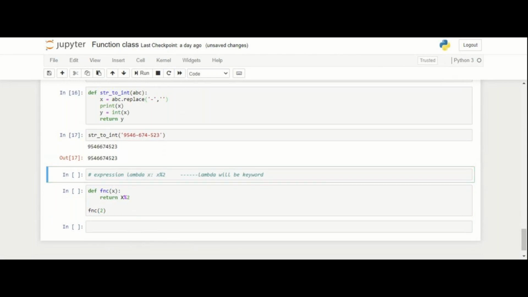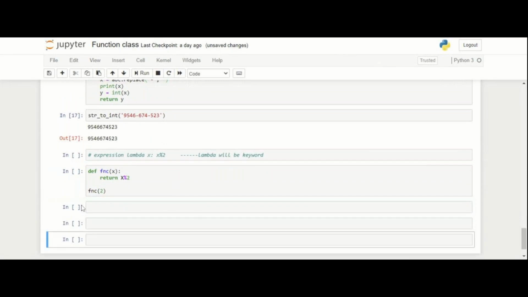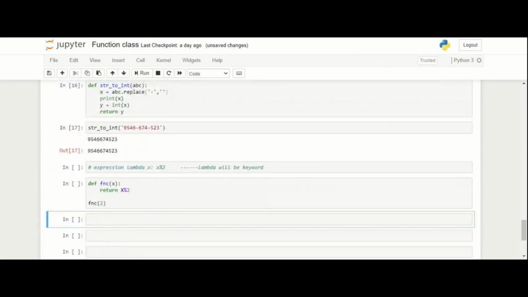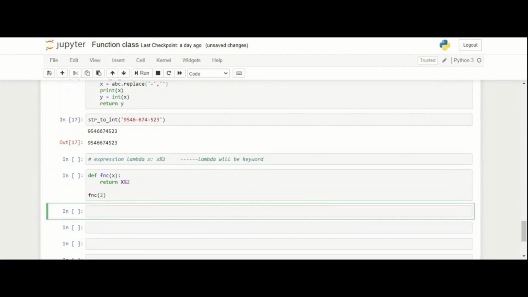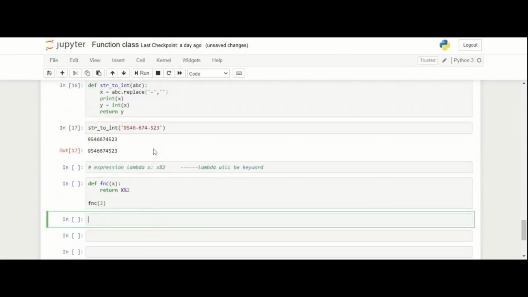Okay, so we were seeing yesterday. First let us see a small example, and then we'll go into a few problems. So if you want to define any kind of variable, we have seen the lambda expression is something like this, right?